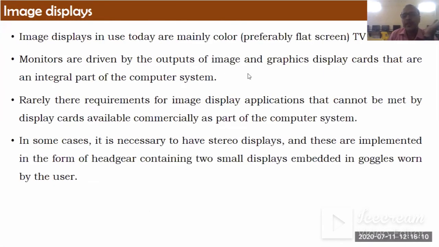Next, image display. Say as input, process, and storage, next is output. So image display is nothing but output of the image. Image display is used mainly in different ways. Preferably a flat screen like a TV or monitor, which will be one of the output devices. Or in another way, we can print it out, it may be on printing paper, an X-ray sheet, or some other sheets.